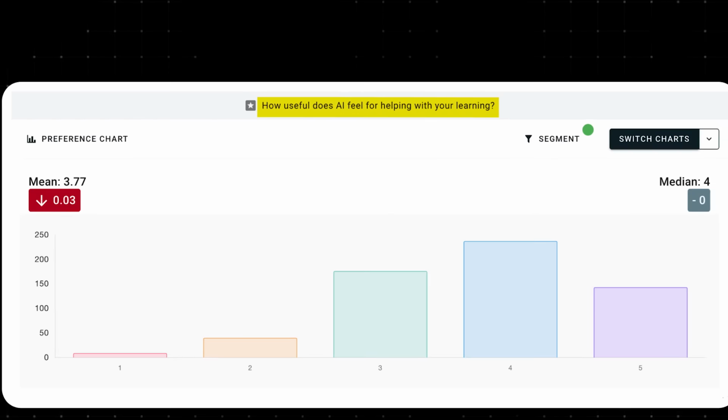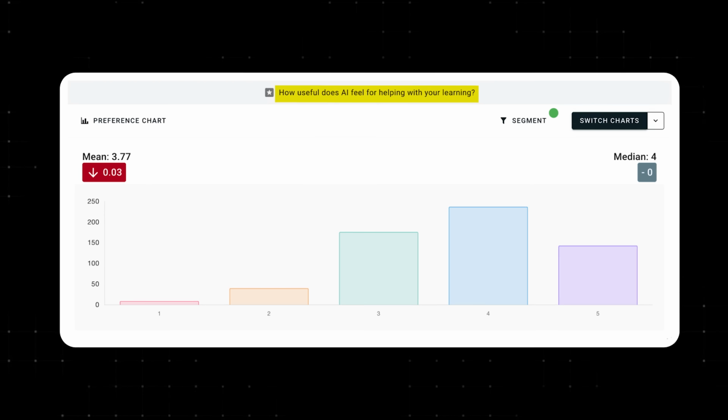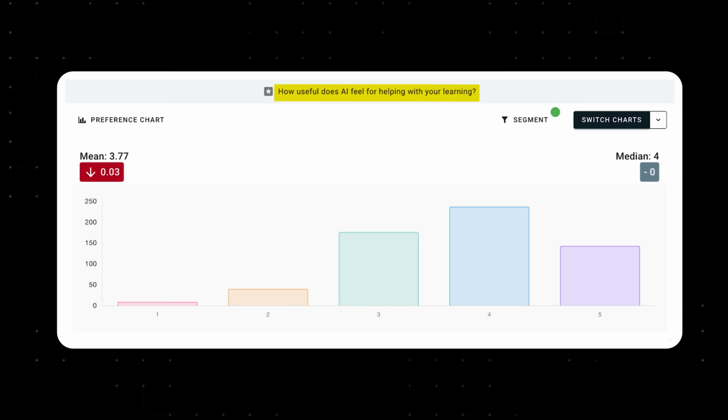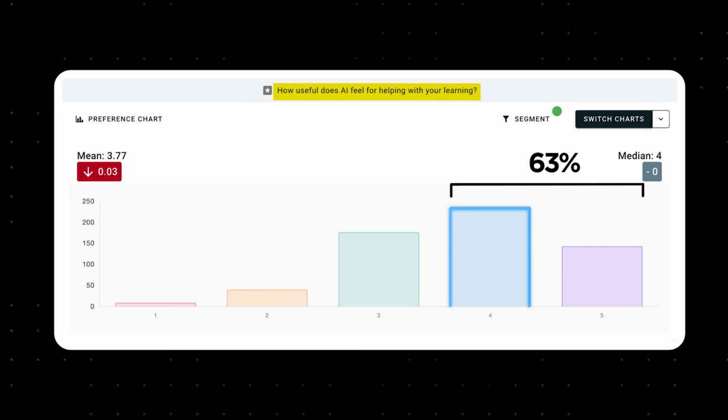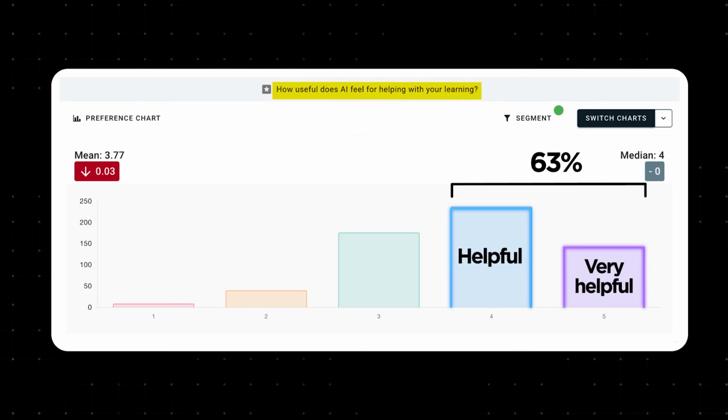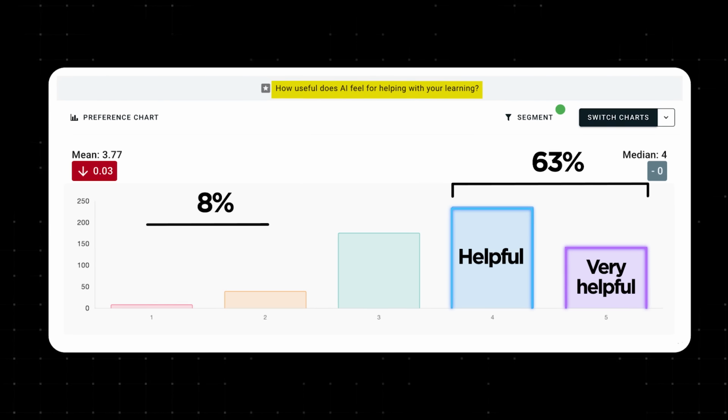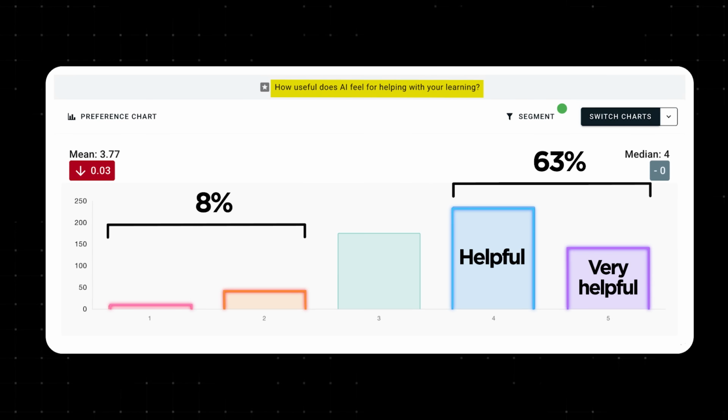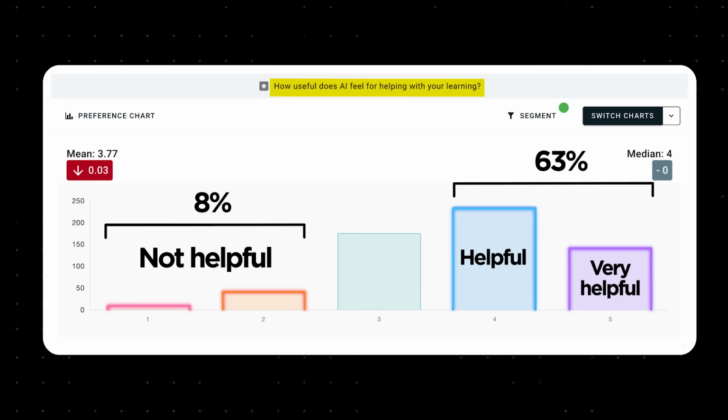It was rated on a 5-point scale. The median answer across several hundred responses was 4. 63% of people rated either 4 or 5, helpful or very helpful. Compare that with only 8% voting 1 or 2 out of 5, which is not at all helpful or just not helpful. And the question after that, I said that sometimes something can feel helpful even if it isn't actually